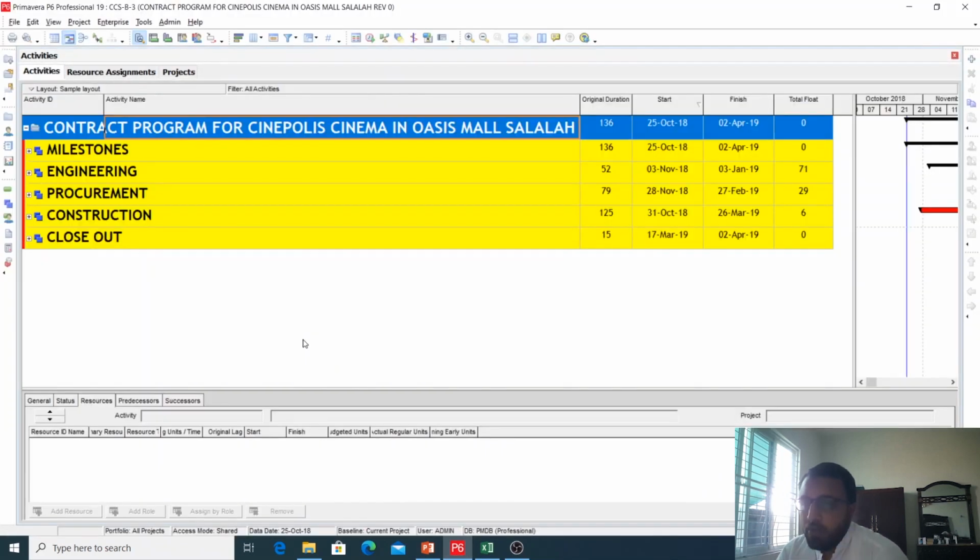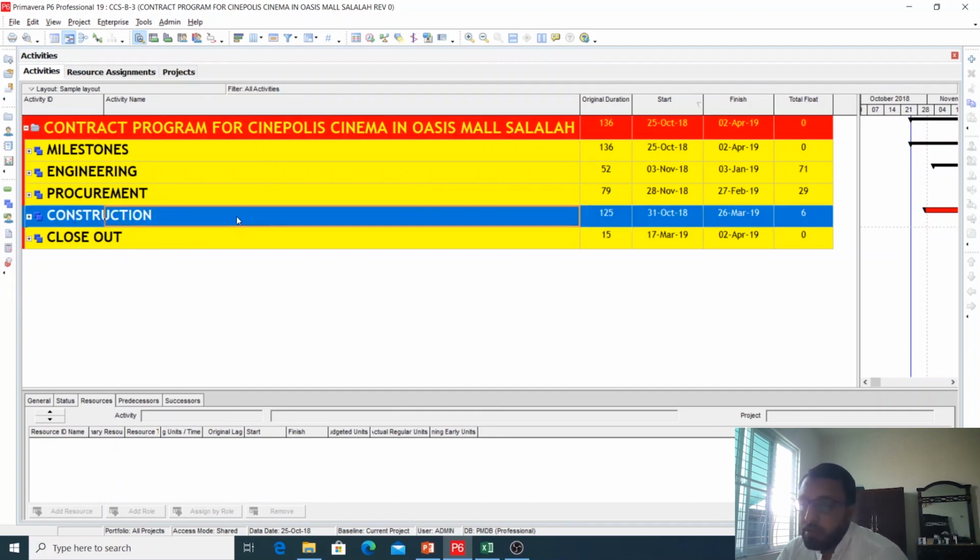So now I will tell you how to import the file. The same file we will import to our EPS. For example, if you want to import some file that someone has sent you for review purposes, or you have installed the latest version of P6 and want to import your file, or your file is on some hard drive or USB,